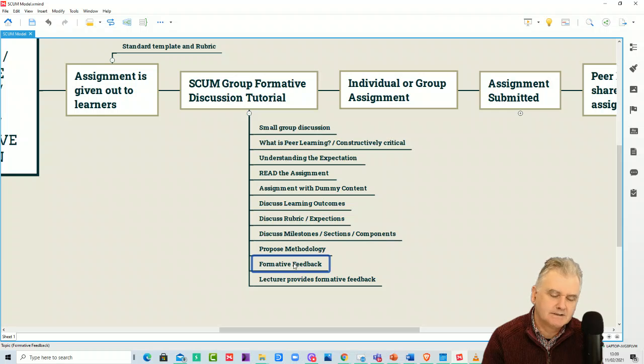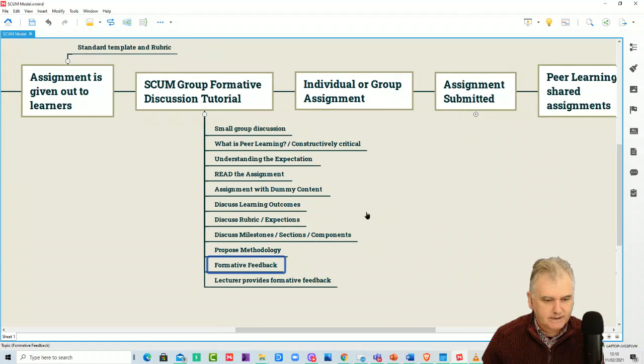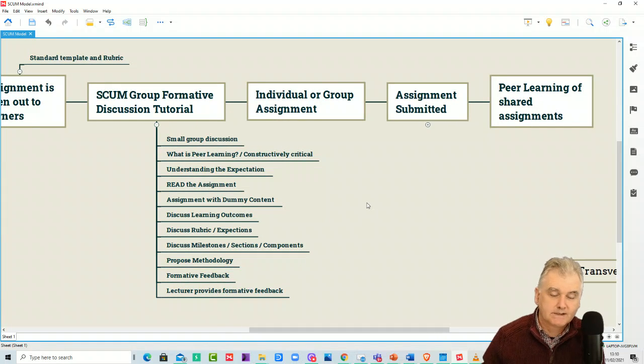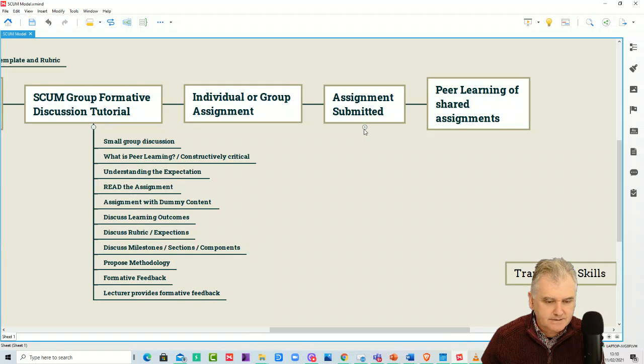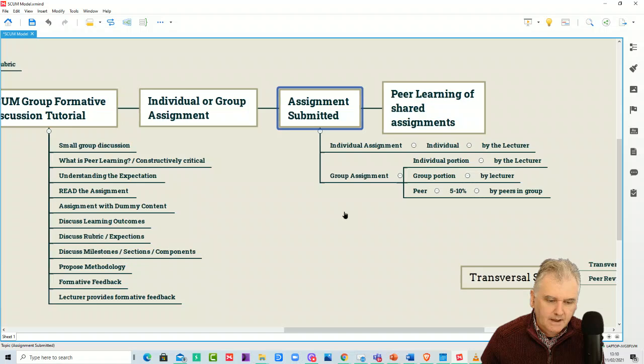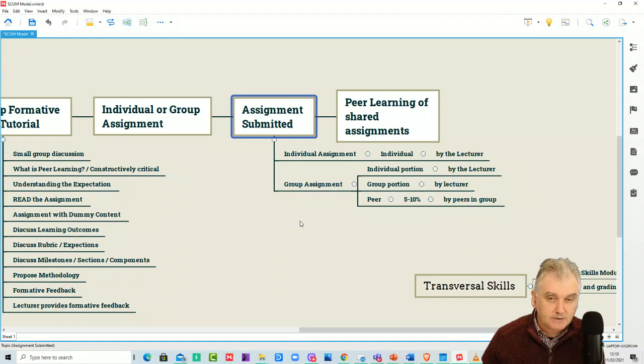What's the methodology? And we think this would work with maths just as much as it would work with developing a code, just as much as it would work with visualization or operational excellence. And it could lead either into the individual or the group assignment. So let's assume the outcome of that then is the individuals focus on their assignments or the group focus on their assignments. The assignments are then submitted. And then what we said is, you have two options here.